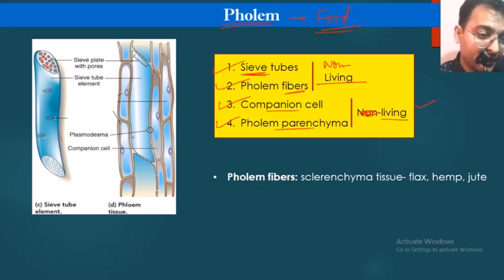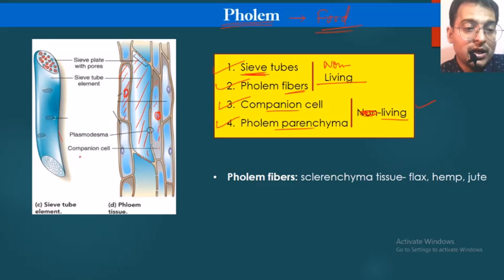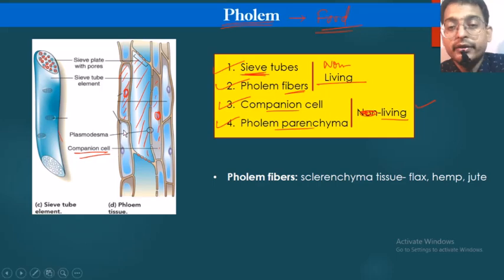So if you look here in the diagram also, this center part, this cell, okay, this cell is what? It is the sieve tube, because you see end of that we have this kind of a sieves like structure, right? Here in this also you see there are gaps, holes are there. This is the sieve. Now beside this one, what you are seeing, this cell, okay, this is having the nucleus. Here also you are seeing this is having the nucleus. Okay, these are known as the companion cells. Okay, companion cells, because they are having the nucleus, they are living cells.